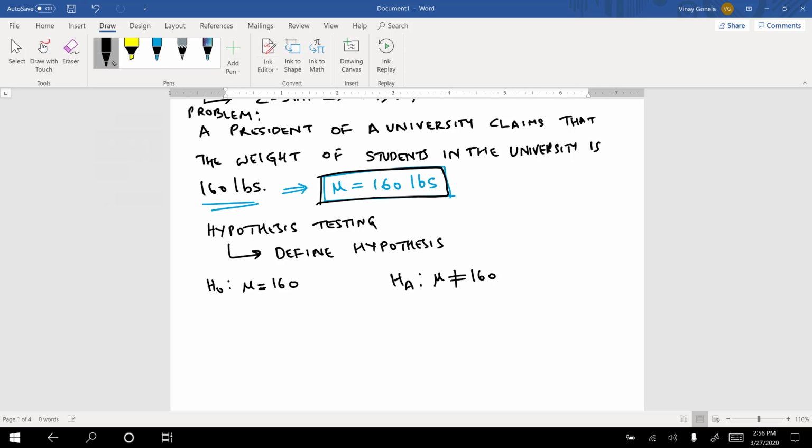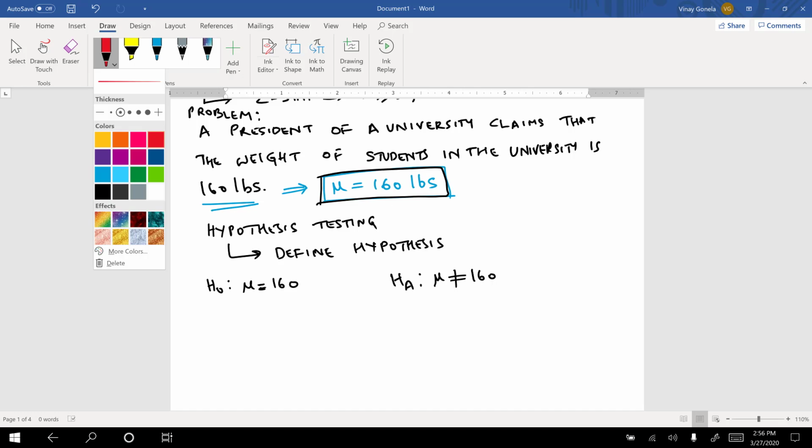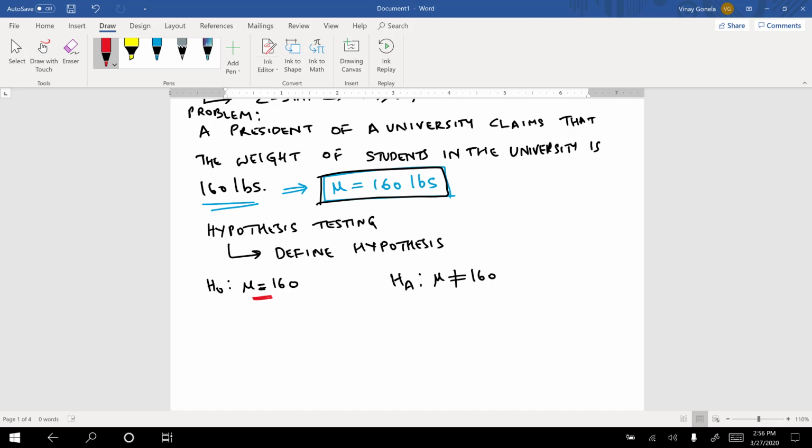So in here, one of the things is why this is a two-tail. By saying this is equal to, the president is claiming that the university's student body weight is exactly equal to 160. So if it is less than 160 or more than 160, then the president's claim is false. That means we can disprove the president's claim on both sides of a normal distribution curve. That's the reason it is called two-tail,